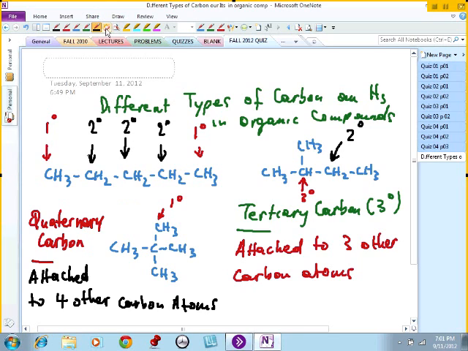This one here. So we only have one quaternary carbon here. So this is your quaternary carbon,